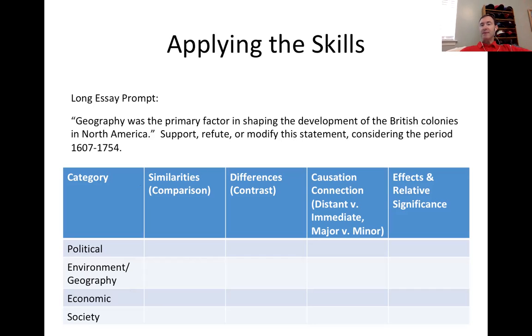And more importantly, how could you compare and contrast different regions with that? And how could we also develop a thesis, historically defensible, that either supports that geography was